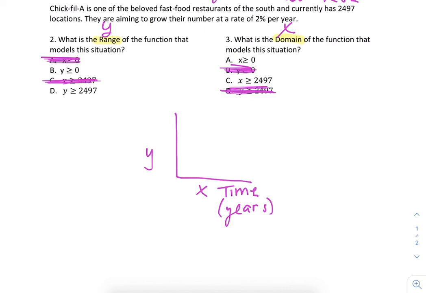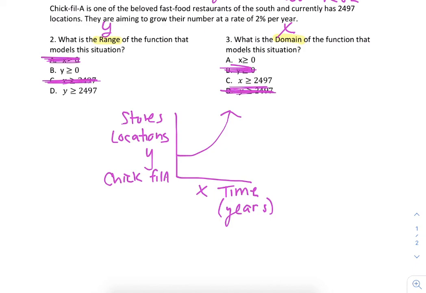Well, if I'm growing over time, my Y is whatever's growing. What am I trying to grow? You could say I'm growing my stores. I could say I'm growing my number of locations. You could say I'm growing my Chick-fil-A's, like how many I have. Okay, so your Y is whatever is growing. Then you get to decide. My graph started somewhere up here, and it's increasing, right? It's growing. So for the range,